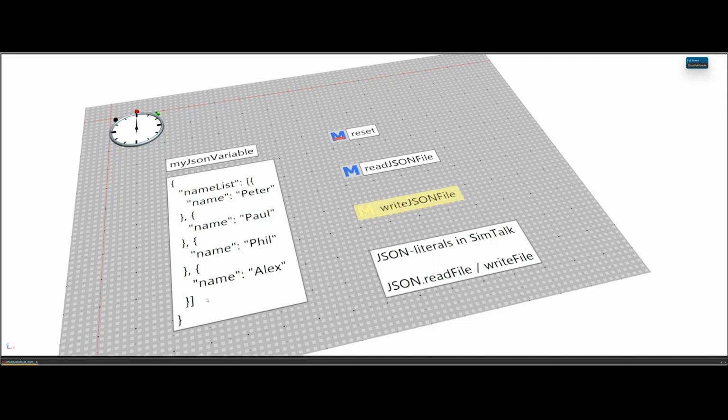manipulate the JSON here by using JSON literals in SymTalk, similar to, I think, the 2404 version or 2302 version, when Siemens added the functionality of using time literals right inside your SymTalk method. So you no longer had to write 3600 if you wanted to represent an hour.